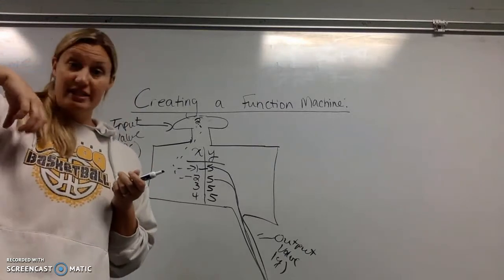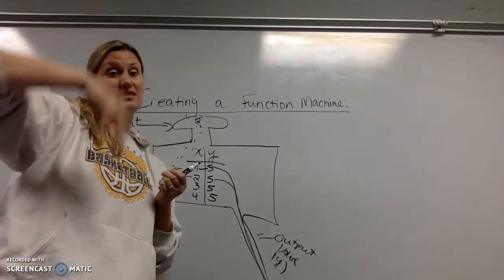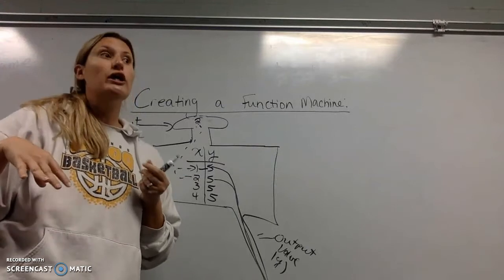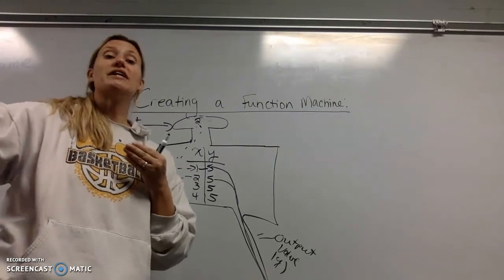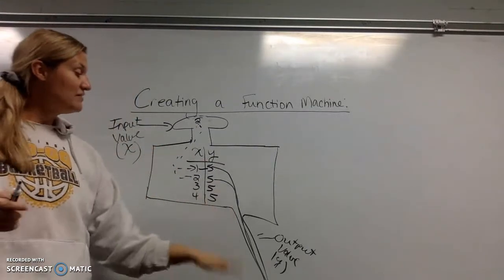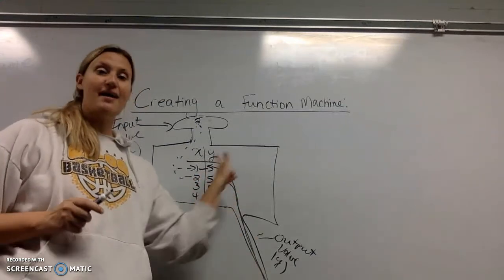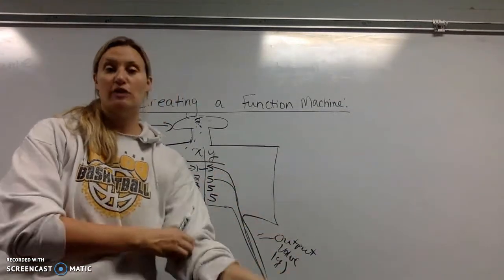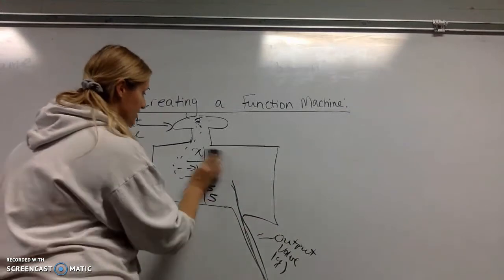Now, all Hershey Kisses look alike, so it all looks the same as that Hershey Kiss drops out, but it's still only 1 coming out at a time. So even though it's all 5s coming out, they're coming out 1 at a time, so it is going to keep the machine running smoothly. Versus